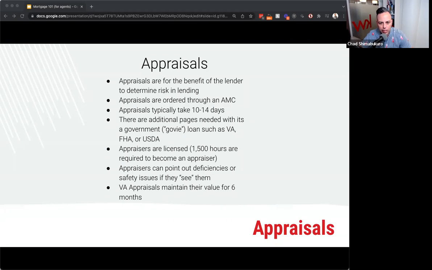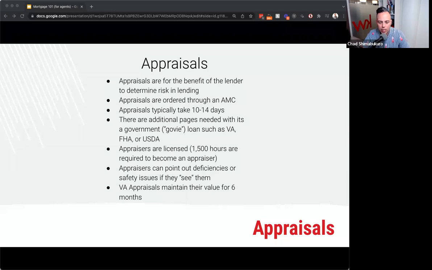So before, a lender would just call an appraiser. Hey, John, I got this home that we're going to do a loan on. Can you go out there? I'm looking for a value about 650. And then the appraiser will go out there, kind of try to make it happen as much as he could, which is a wacky way to do business. But since the meltdown, some of the borders and framework they put in place so things like that wouldn't happen again is basically a blind appraisal ordering process.